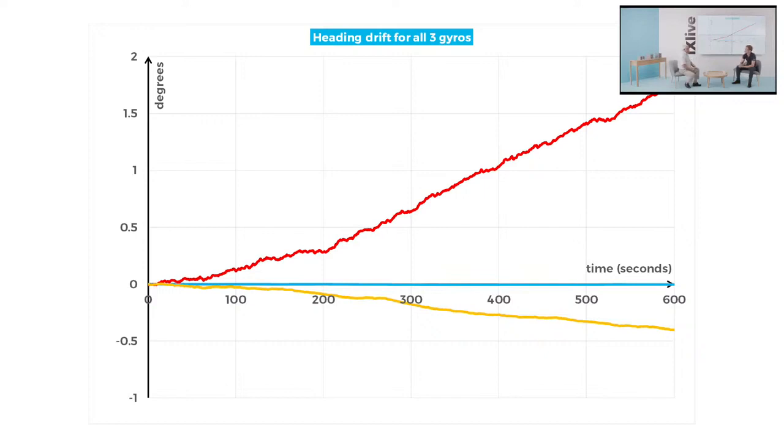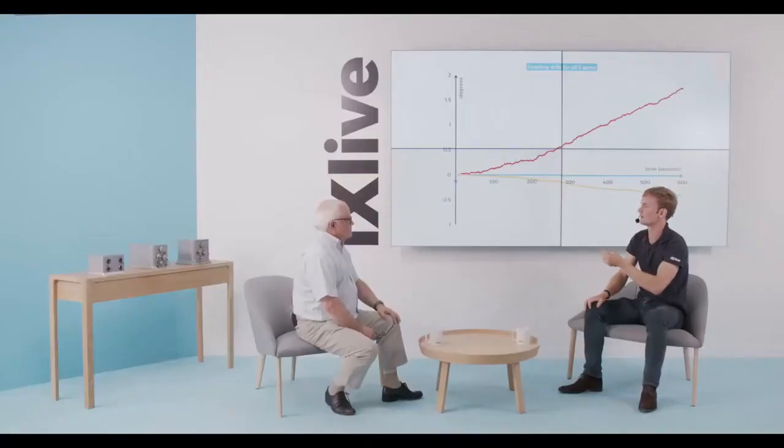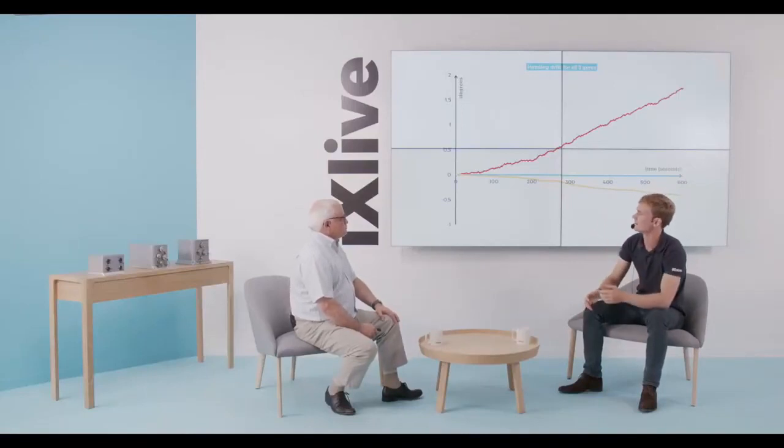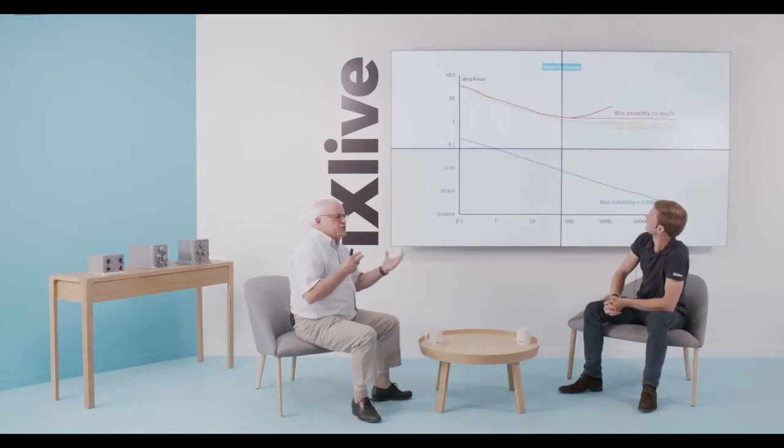And this is where the quality of the sensor is having some huge impact on the performance of the INS. Talking about the quality of the sensors, on the data sheets I can find several parameters. For example, bias instability that we talked about last Tuesday. How can I deduce from those parameters that this is going to happen? Okay. Let's have a look. If you attended the IMU webinar,